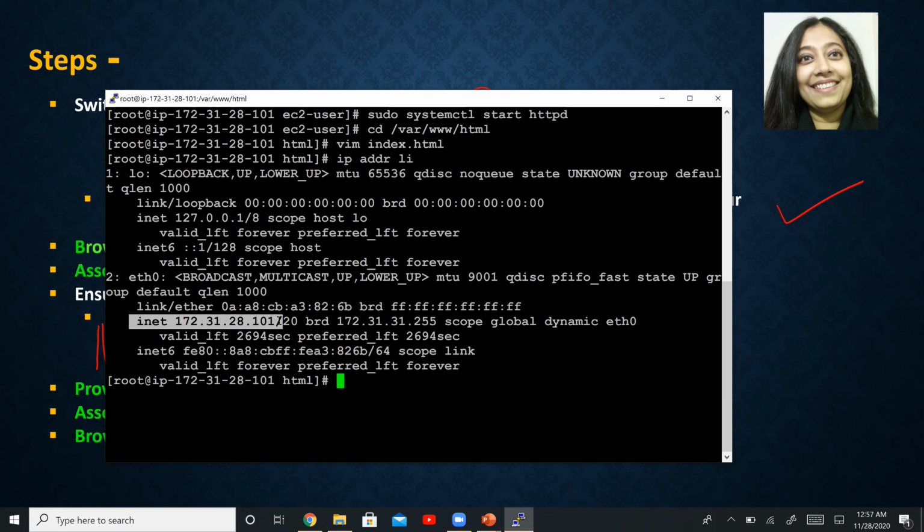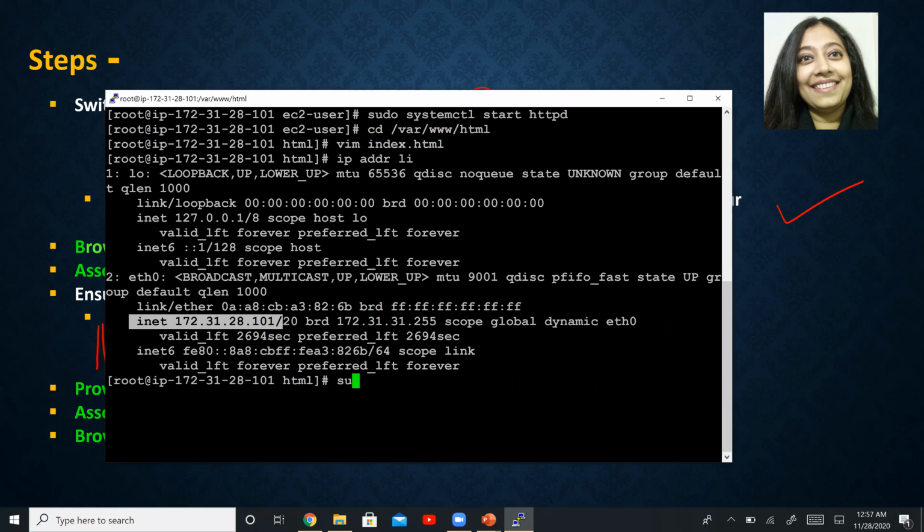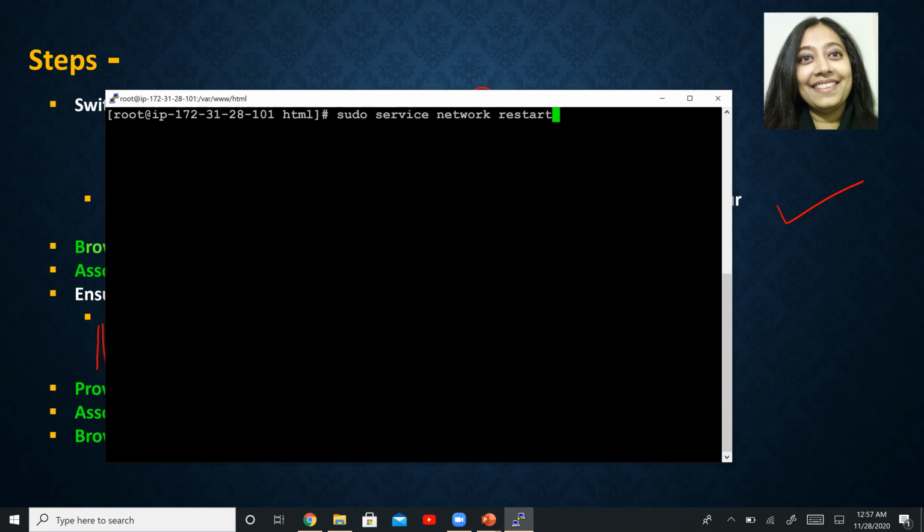And for it to be associated, we will have to restart the network service using this particular command. So we'll say sudo service network restart. So it's restarting it, and now it's back. So let me clear this. And now if we run the same command again to check which IP addresses are actually associated, we can see those IP addresses, right?